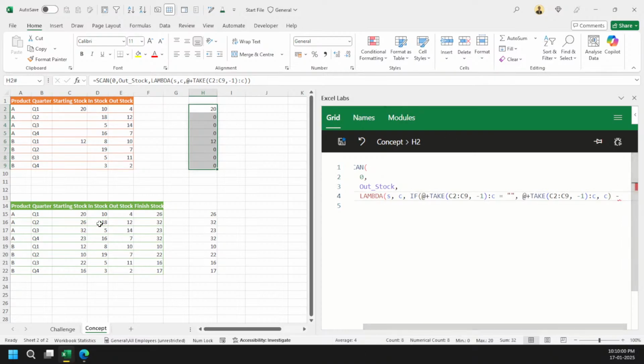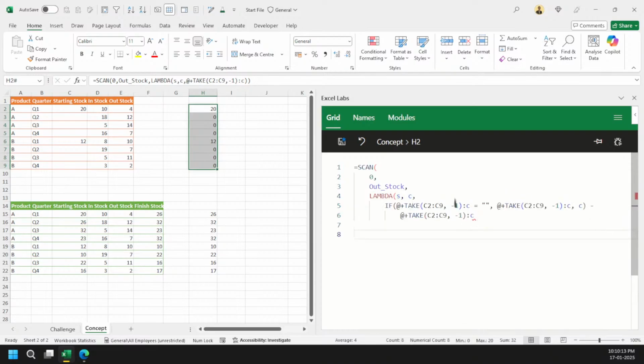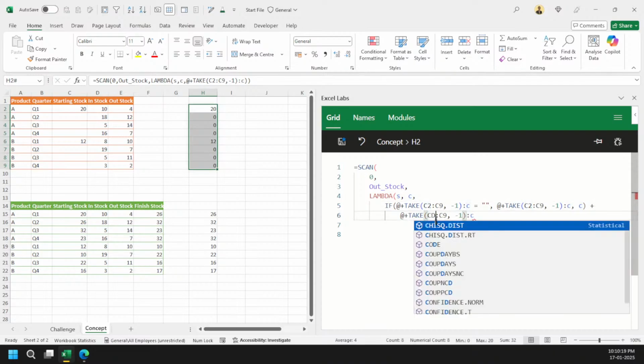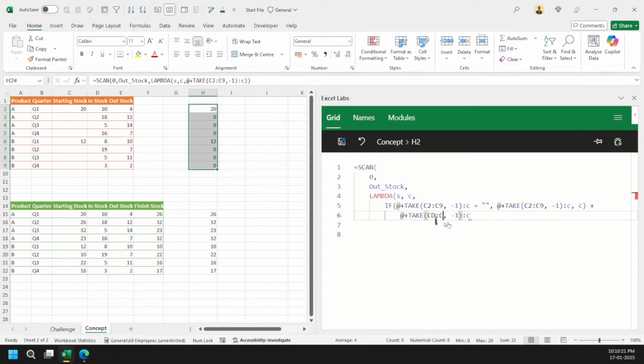And then again coming here, the same logic which we used earlier. Now I will be grabbing the in stock value. So again, I will be selecting this whole part here, this whole part. Let me format it. And then what I will be doing simply here is plus value. And this will be my D2 to D9 here. Got it?